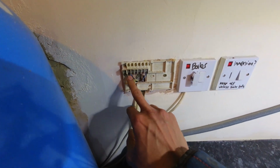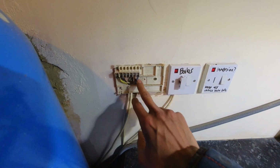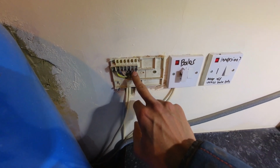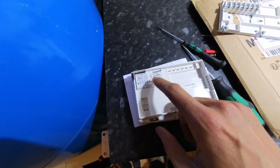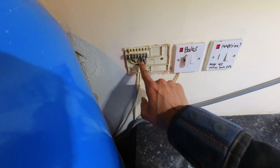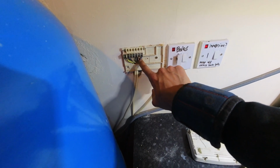So where this is currently wired as a twin channel programmer, we can keep this as it is and just remove the heating control side, which is going to be number 4. And then in here, we keep the hot water side wired in. Where we're looking at, hot water needs to go into number 4. So we just move the hot water on from number 3 to number 4. So that will then be able to control the hot water. Disconnect this cable, which is our heating demand,